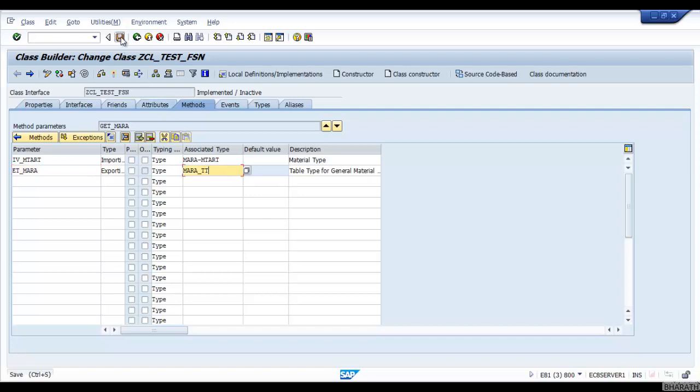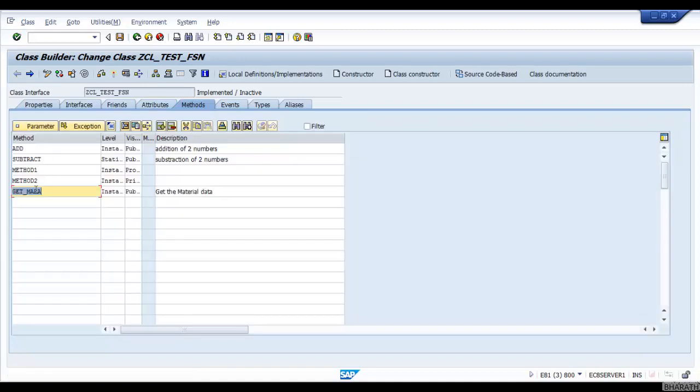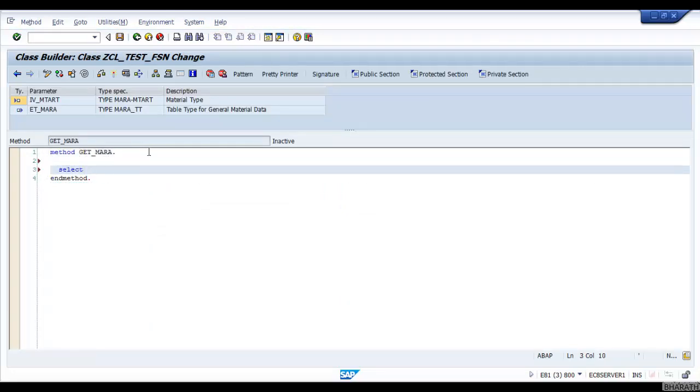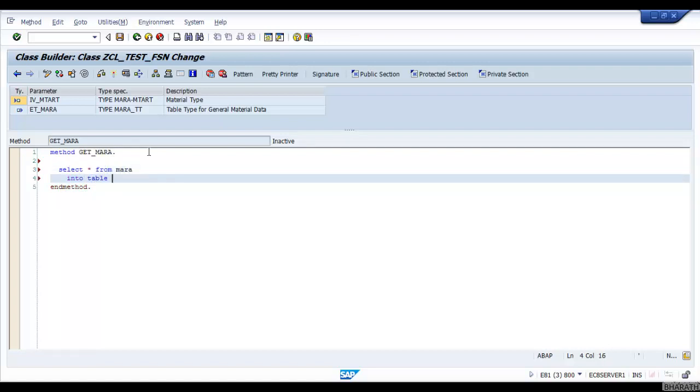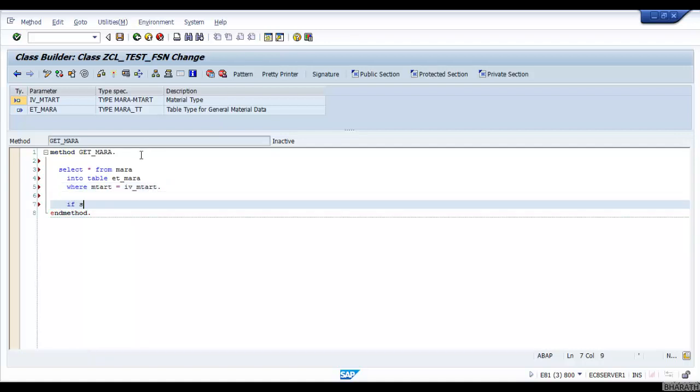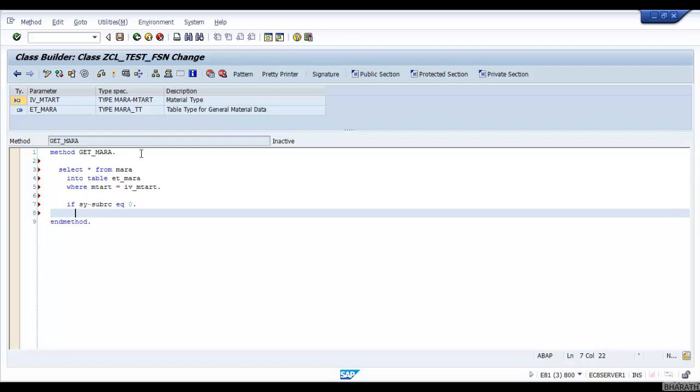Okay, so now done. Now I have to write the data retrieval logic, the select query. Now here, select star from mara into table et_mara where mtart equal to iv_mtart. Okay, if size of ours equal to 0, and if